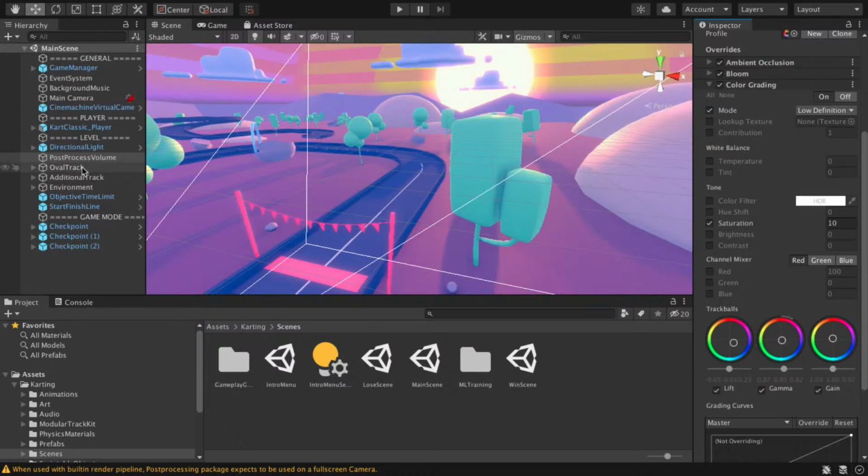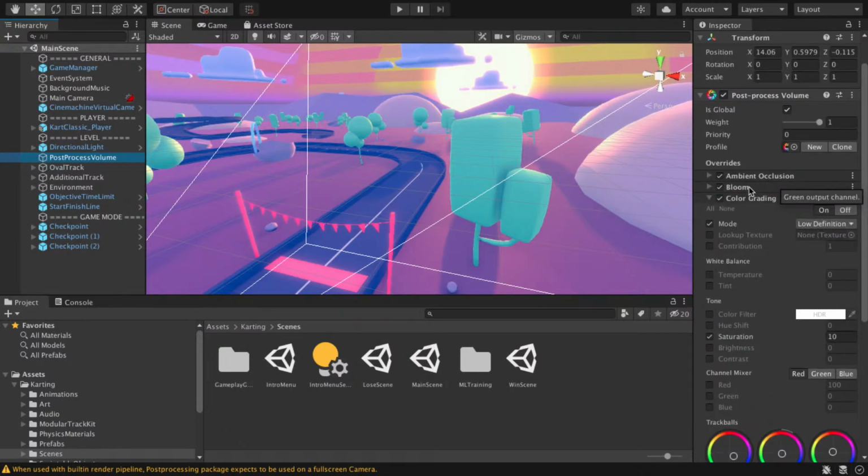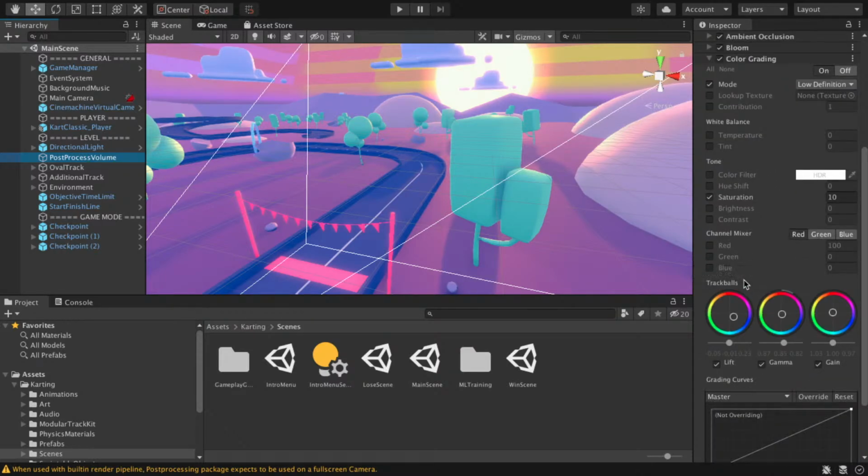So what I did is I went to post process volume, clicked on it. So there are some components. A component is there called post process volume, and I'll click on color grading, so it will expand, and there are color trackballs where I can edit those trackballs. I can change the entire look and feel of the game. Okay,